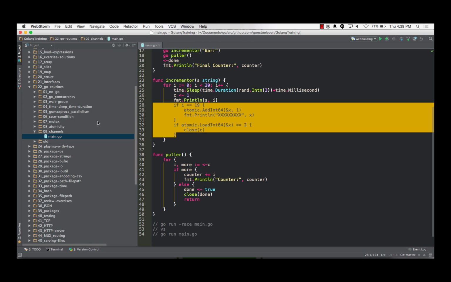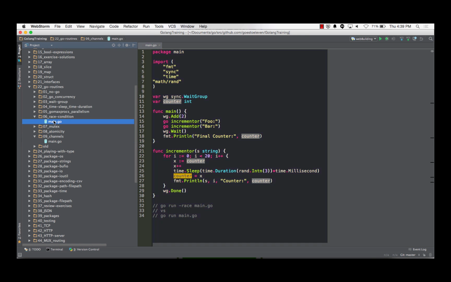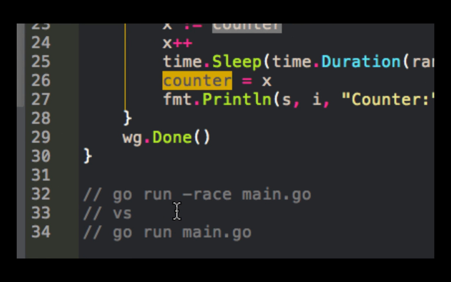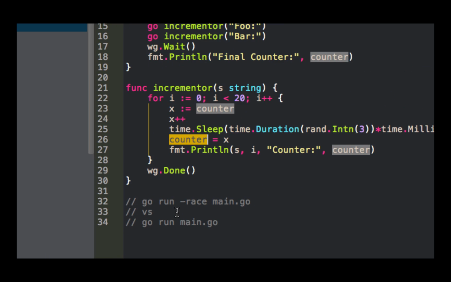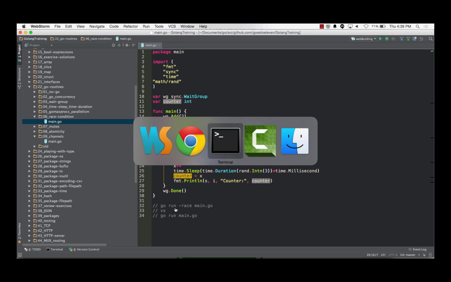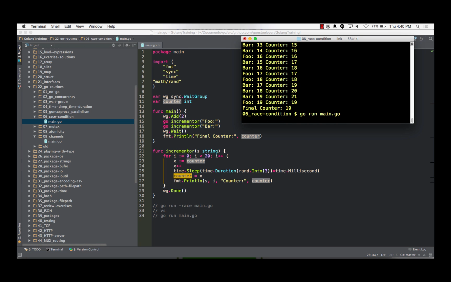One thing I will show you is one way we could check for a race condition: we could run this command right here, go run main.go with the race flag. So that's 06. And go run main, it runs with a race condition. It should have been 40, it did 21. I run it again, I get different values. But if I do go run -race main.go,